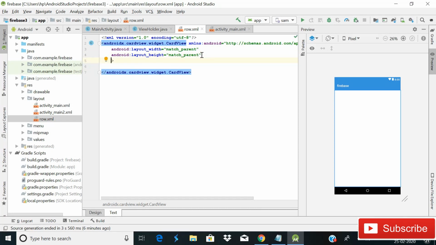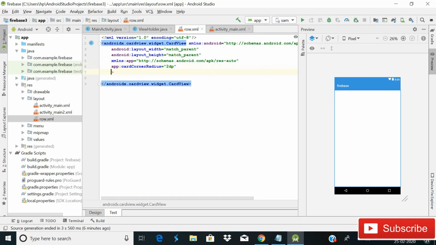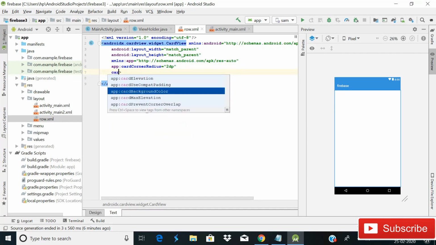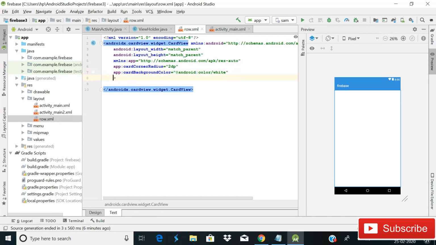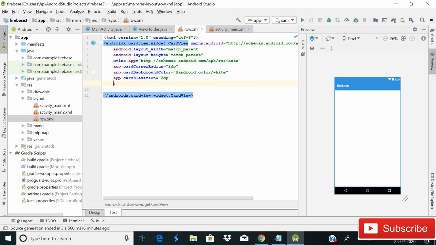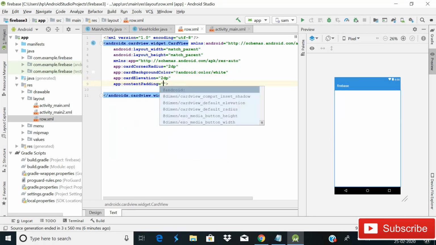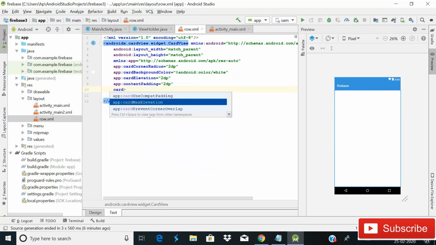After this, we will write cardCornerRadius 2dp, and cardBackgroundColor Android, let it be white. It's fine, I think. Now it's time for cardElevation 2dp, then contentPadding 0dp or 2dp, it depends on you what you want to give, and then cardUseCompatPadding, we will pass it true.